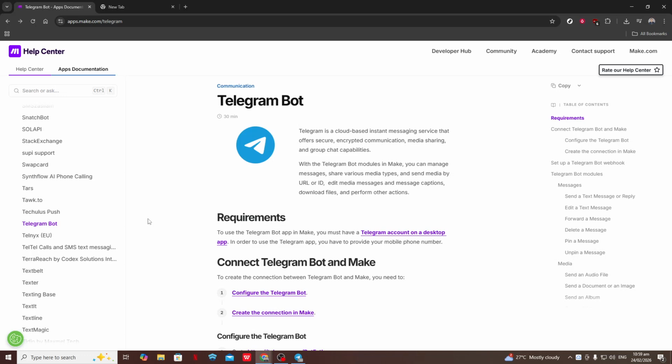In today's video, I'm going to teach you how to make an Aviator Predictor bot in Telegram. We'll walk through the full process in a clear, simple way so that by the end, you'll understand how the bot works, how to set it up, and how to connect everything together inside Telegram.